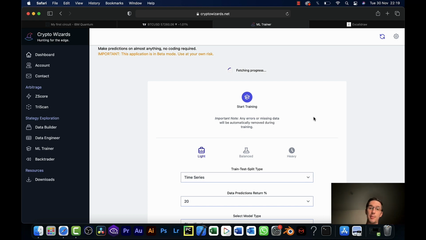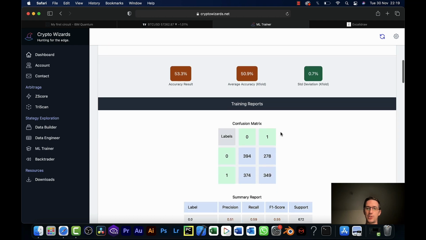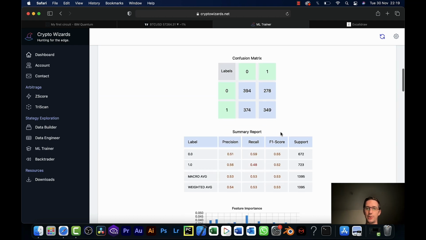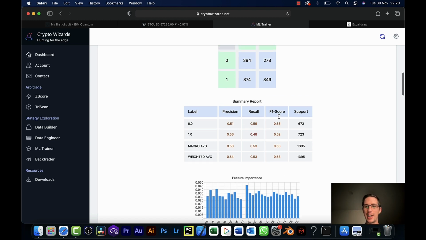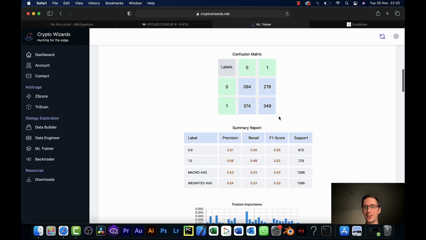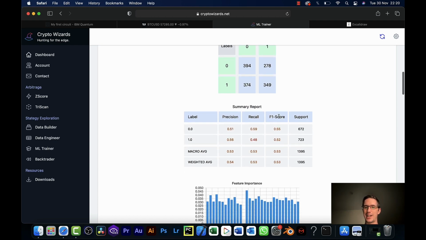And it's phenomenally quick. I mean, it's pretty much done already, and it's given us some results. So if I scroll down here, the results look abysmal. And interestingly enough, the lower Bollinger Band, it found the most useful to try to predict the next hour, which is kind of interesting. And truthfully speaking, these results look terrible, but they definitely look slightly better than random.